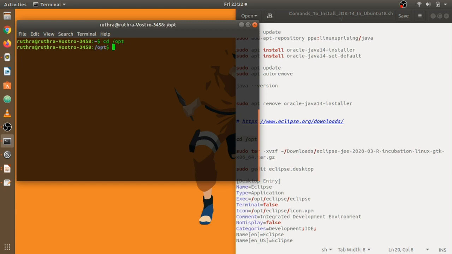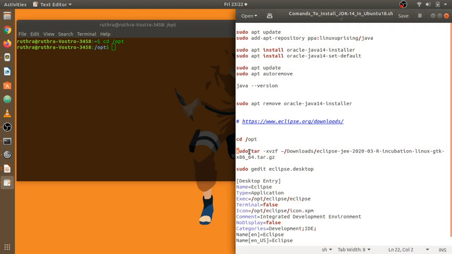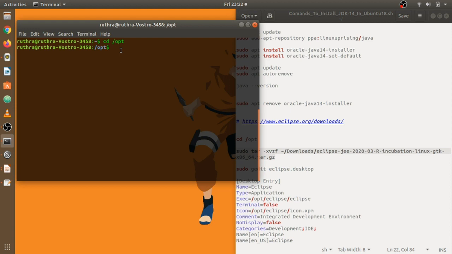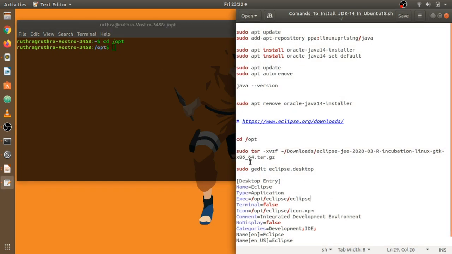I'm changing the directory, and now this command will extract the tar file you have downloaded to the location you choose. I won't execute it since I have already executed it and installed Eclipse. But as I already said, you just have to follow the steps, and you will be good.